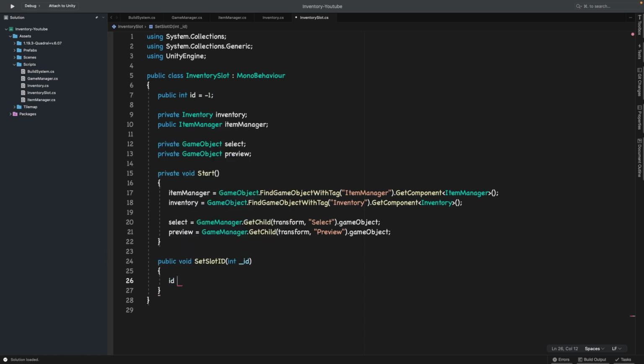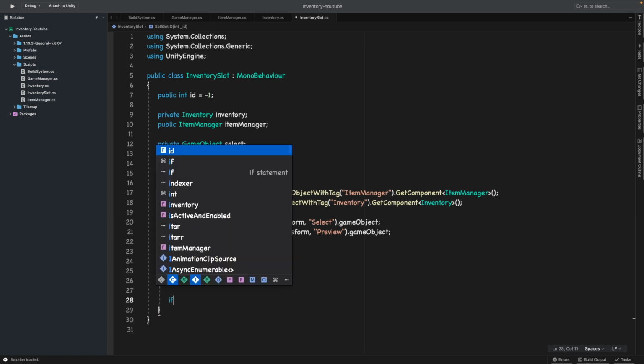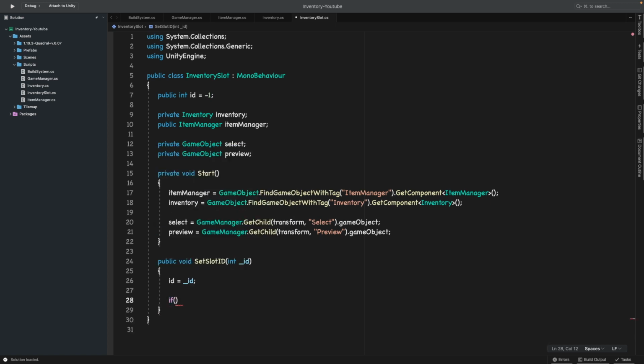So this ID is necessary not only for getting what block we're selecting, but also for getting what sprite we're going to show on the inventory, stuff like that. So ID is equal to underscore ID, so we're saying a new ID. And if you just want nothing, then you just set ID to -1. Okay, so if ID is not equal to null,